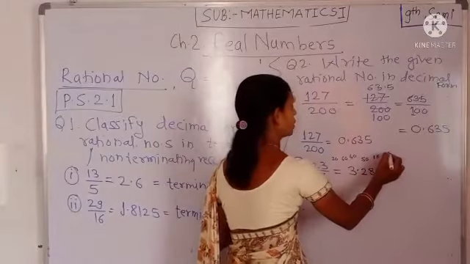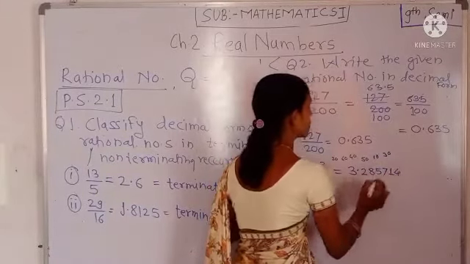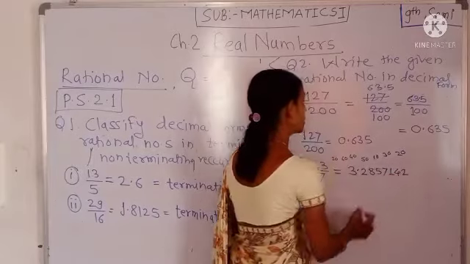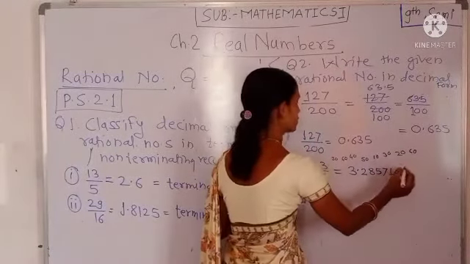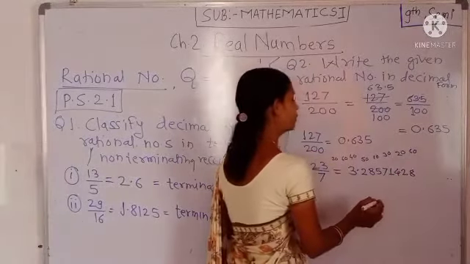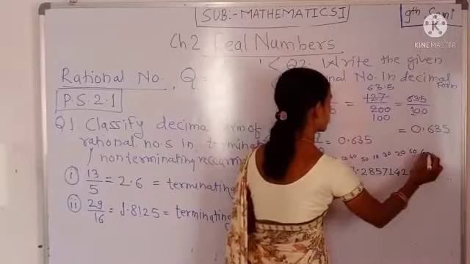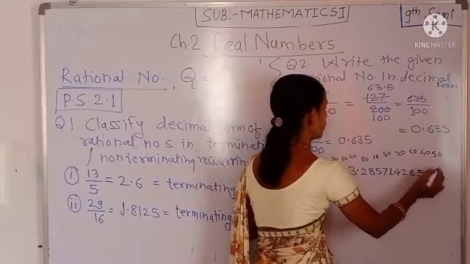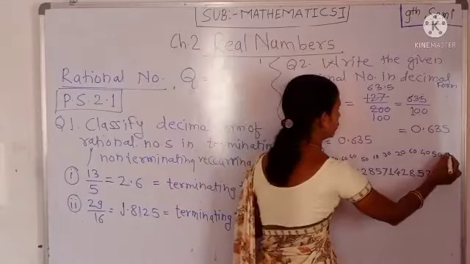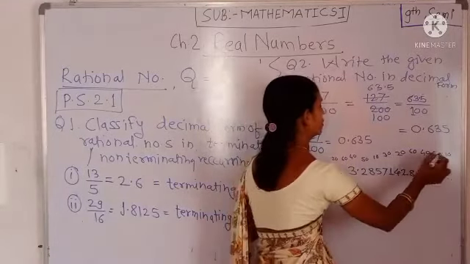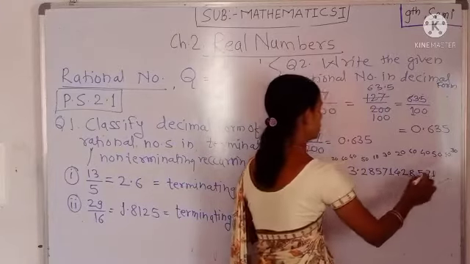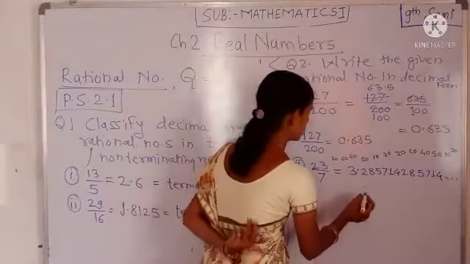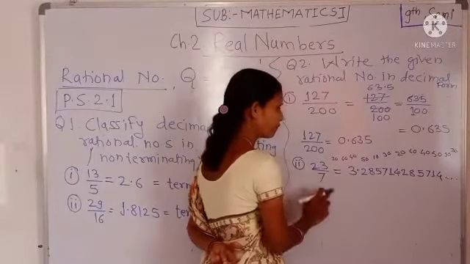That is 3. 7 4s are 28. Remaining 2. 7 2s are 14, remaining 6. 7 8s are 56, remaining 4. 7 5s are 35, remaining 5. 7 7s are 49, remaining 1. 7 1s are 7, remaining 3. 7 4s are, see here, we get the decimal form of 23/7, and here